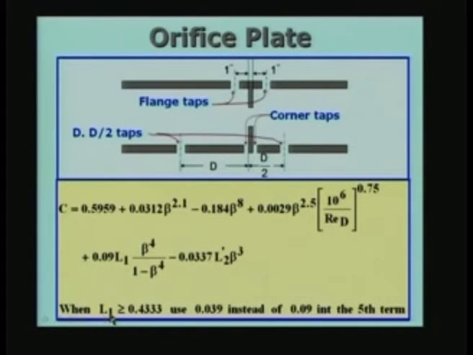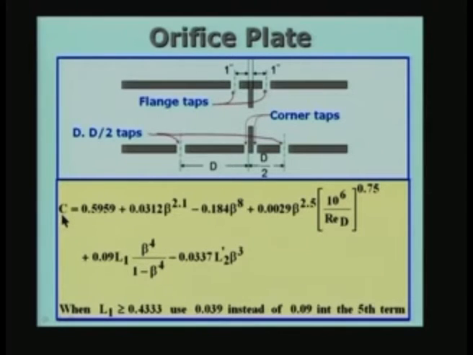For example, L1 is equal to 0.4333. L1 is nothing but the ratio of this distance to the diameter of the pipe. It is a non-dimensional parameter. L1 for example could be 0.433. If it is greater than 0.4333, you have to use in this term 0.039 instead of 0.09, and beta is d by D, and this will give you a